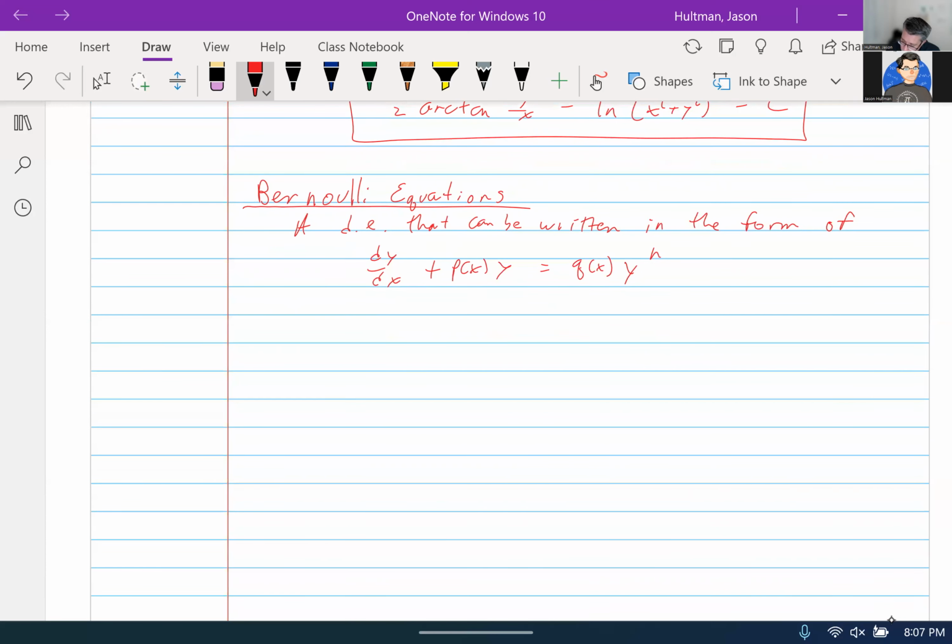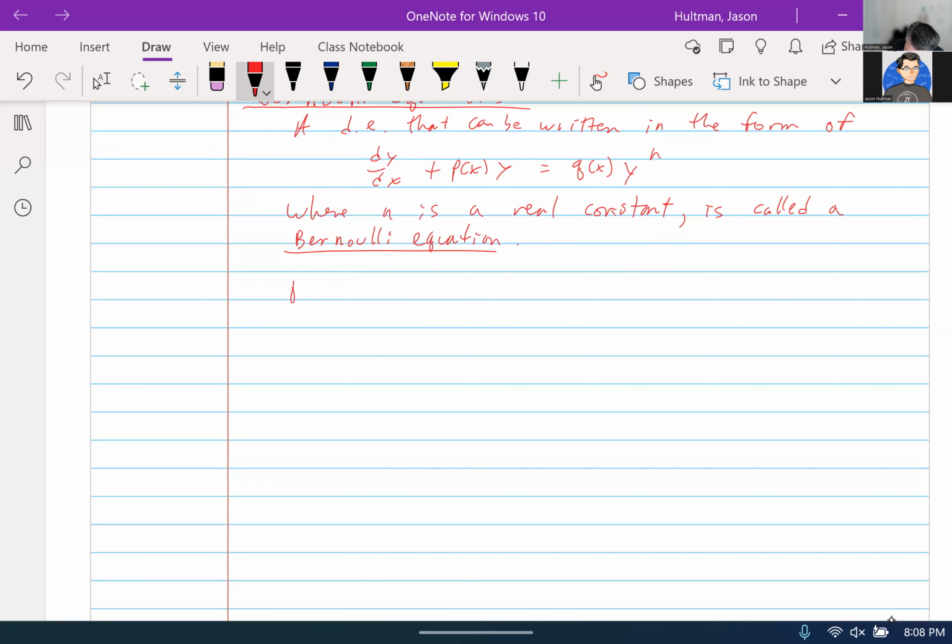Okay, a differential equation that can be written in this form, where n is a real constant, is called a Bernoulli equation. For a Bernoulli equation,